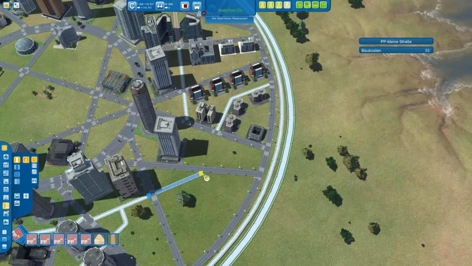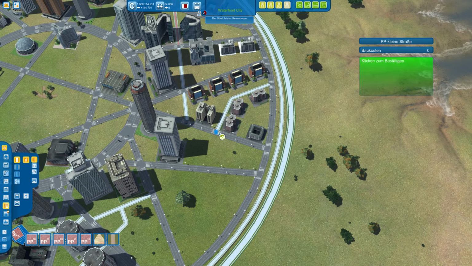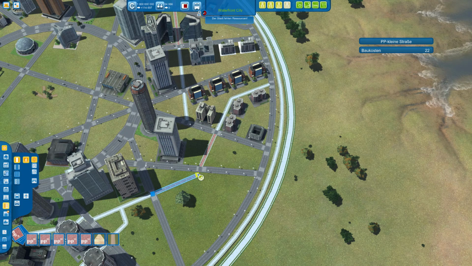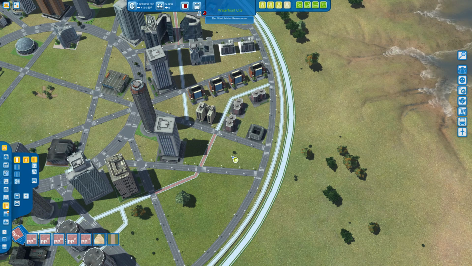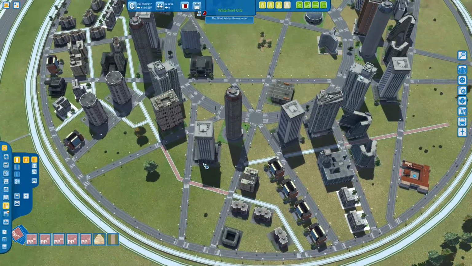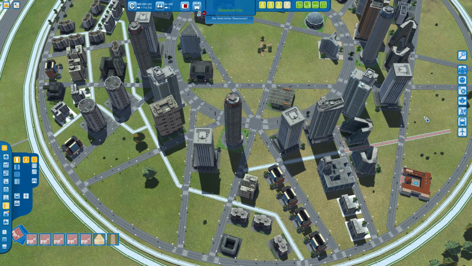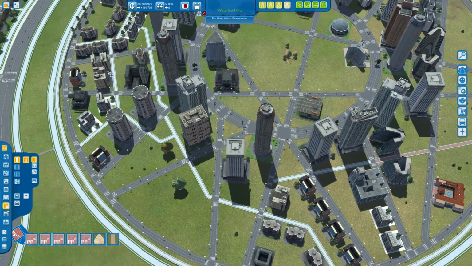Let's just continue with, oh, we can probably build some sort of intersection. Yeah, doesn't intersect perfectly, but good enough. All right,